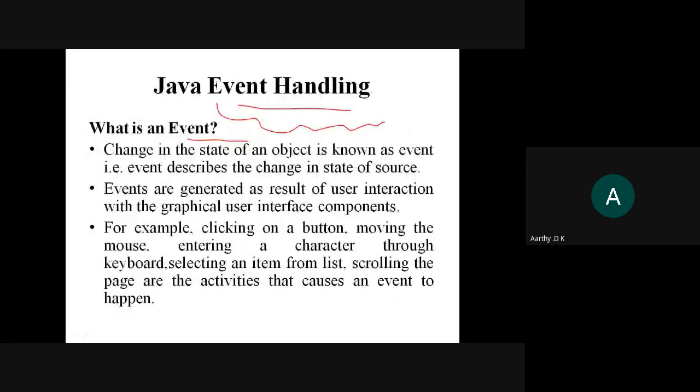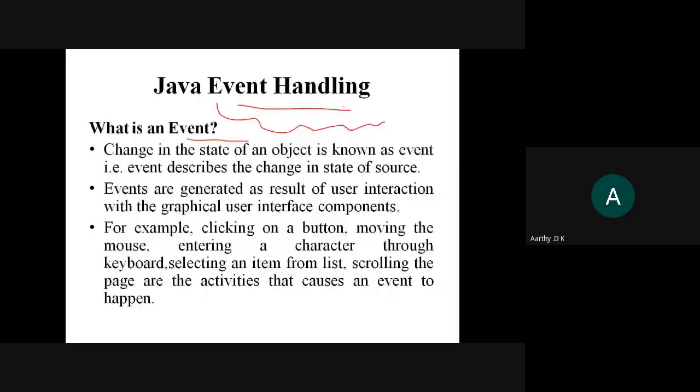An event is nothing but any change in the state of an object. Here, the objects we consider are the keyboard and the mouse. So when a key is pressed, when a mouse is clicked, when a right click or a double click happens, some kind of change happens, right? Because of this only we are able to interact with the system. When you give your username and password, you click on the username field, then type your username, and whatever you type is visible on the output screen.